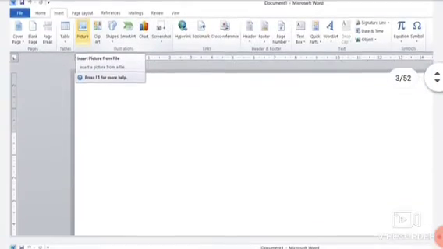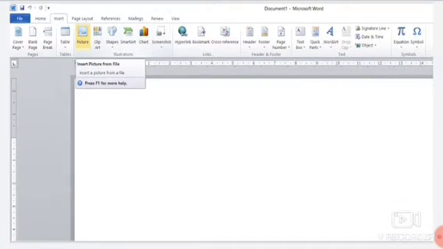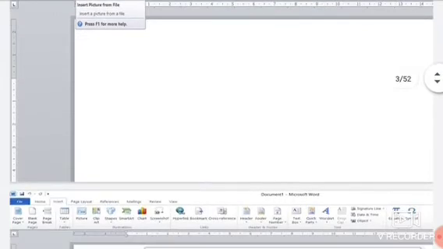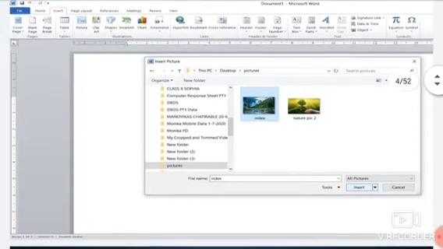Now see, as you open the Microsoft Word document, you just click on the Insert tab, and in the Illustration group you will get the option Picture. Click on this Insert Picture from File option. As you click on it, you will get a dialog box, the Insert Picture dialog box. In this, you set the file path where your picture is stored. Then select the picture which you want to insert in the document and click on the Insert button, which is given in the dialog box.